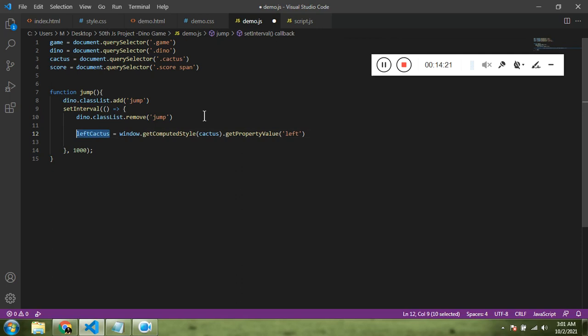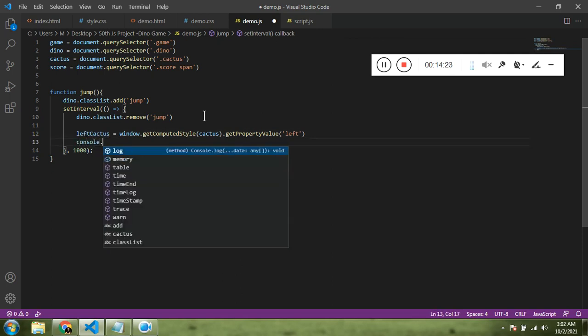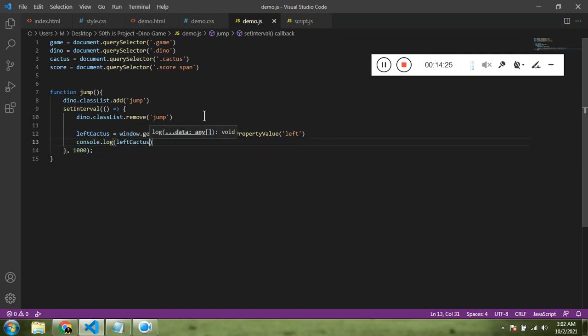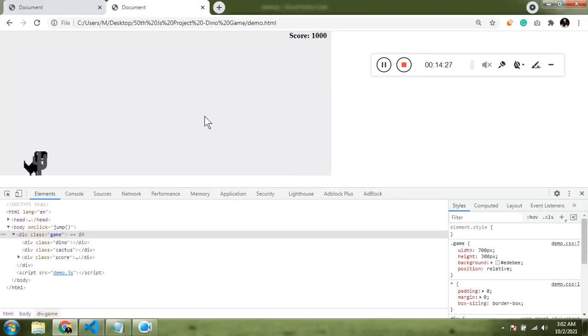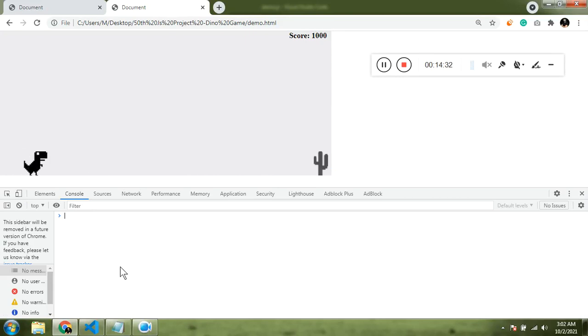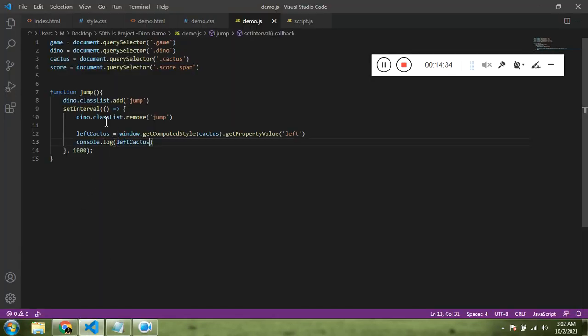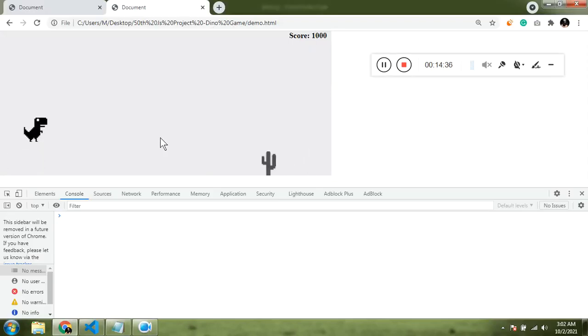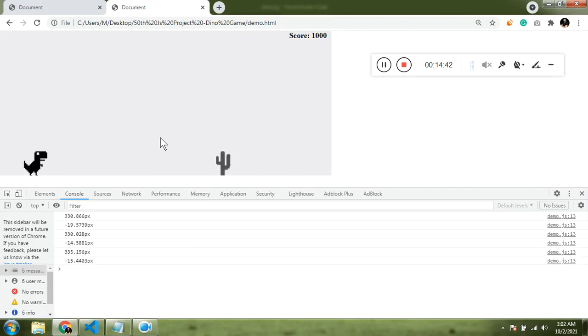Now if I console.log and check, every 1 second we are getting the left position of the cactus.